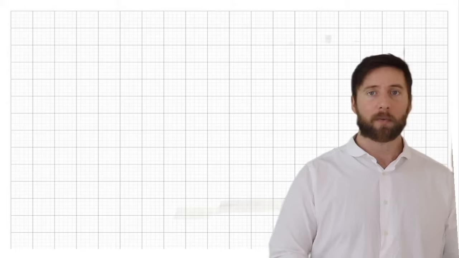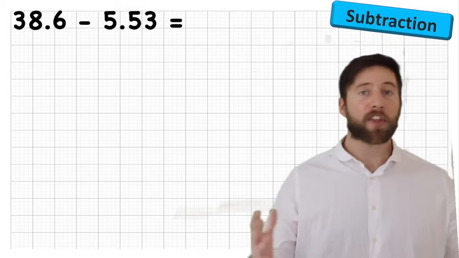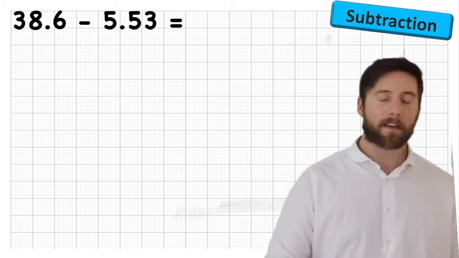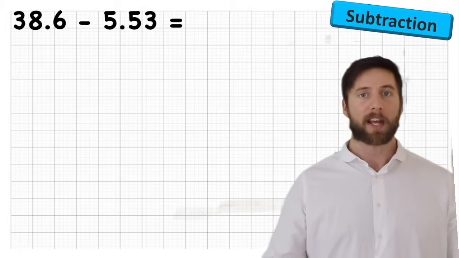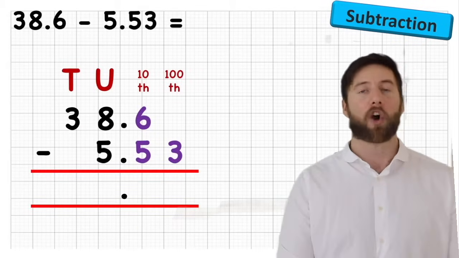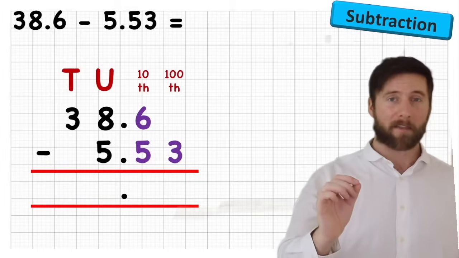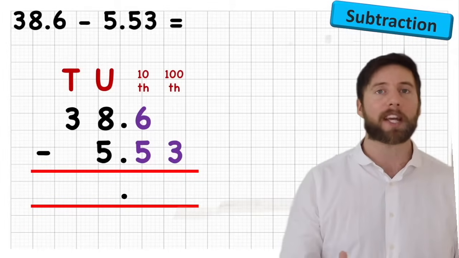Okay, so that's really good. Well done. So, let's check out subtraction. Okay, so let's have a look at 38.6 subtract 5.53. Now the good news is, we're just going to use exactly the same idea of laying everything out in columns. That's the good news. The bad news is, we've got to be ultra careful here, okay, because subtraction is not